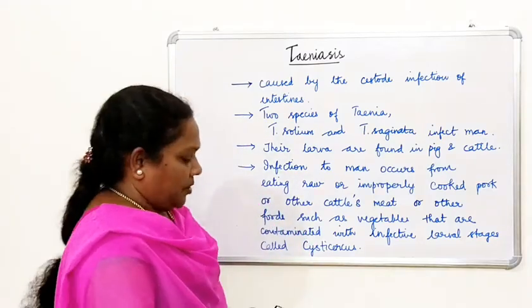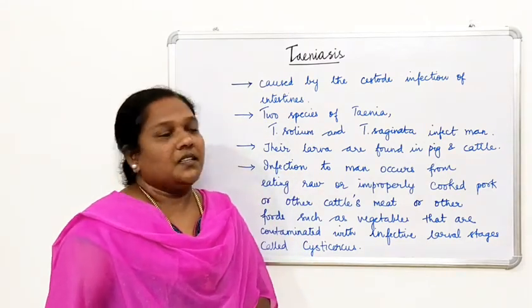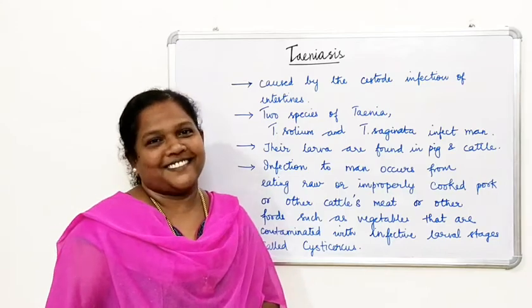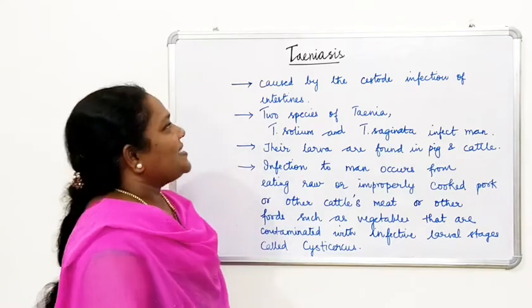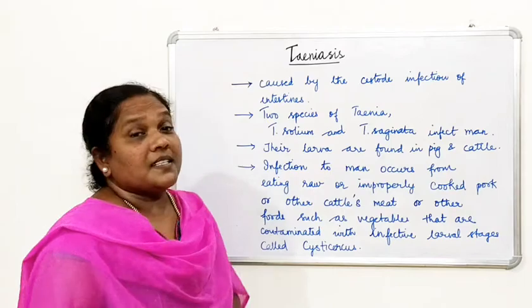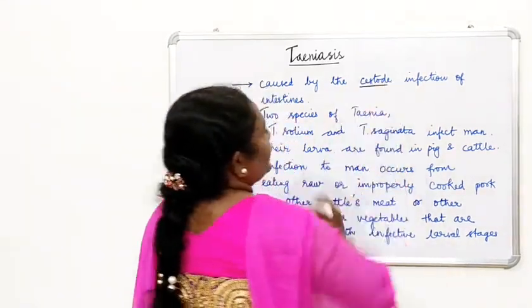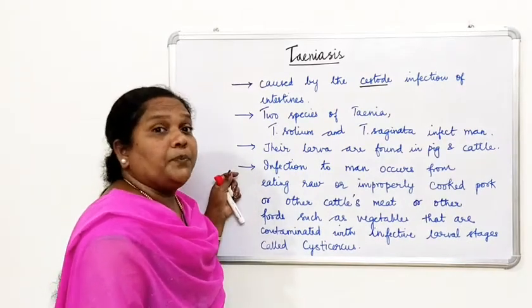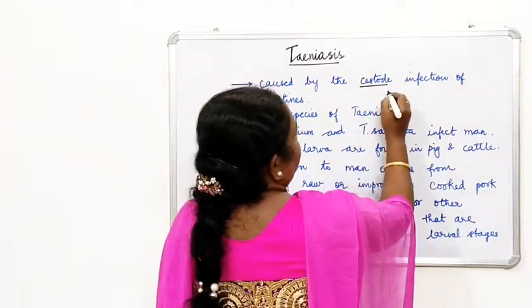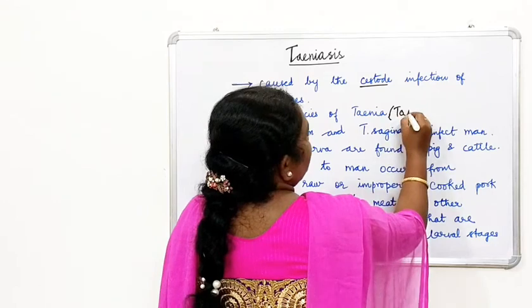Now we are going to learn about the helminthic infection called Taeniasis. Taeniasis is caused by a cestode infection of the intestines. So what is this cestode? It is caused by a tapeworm. So this Taenia, which is a tapeworm,